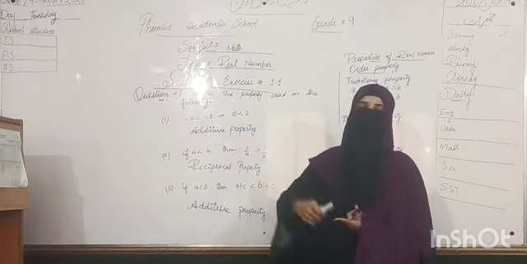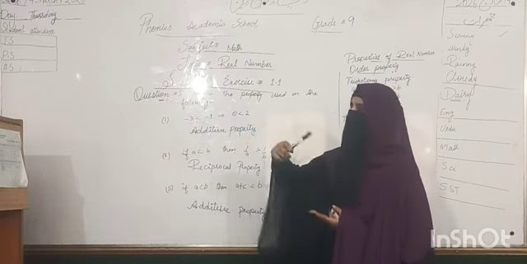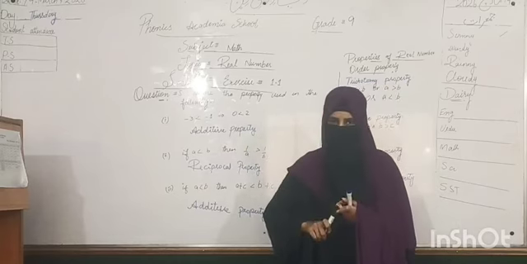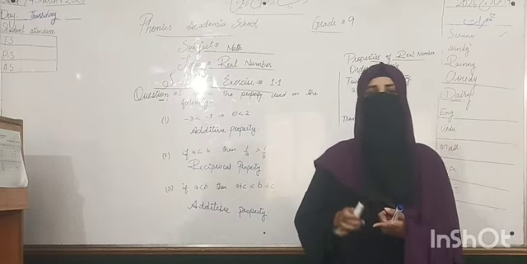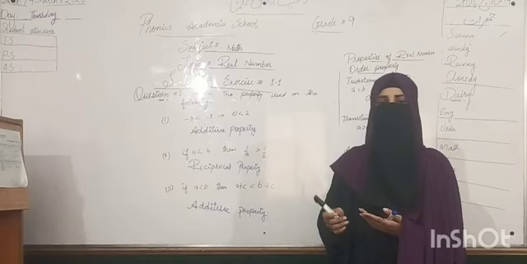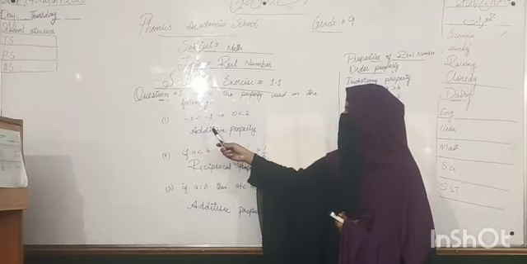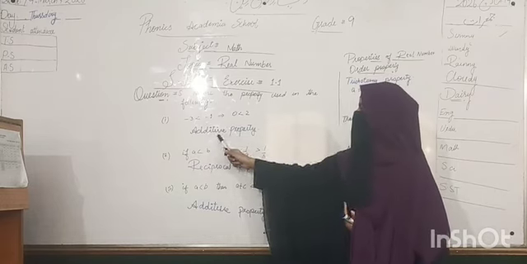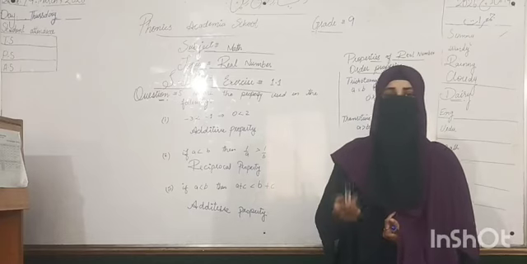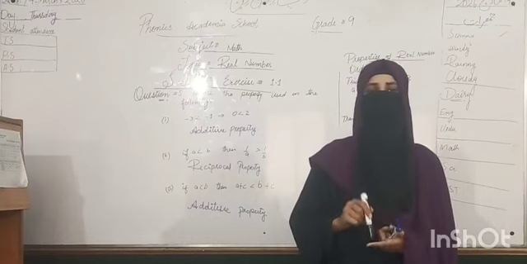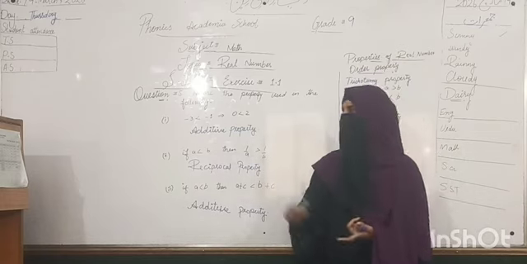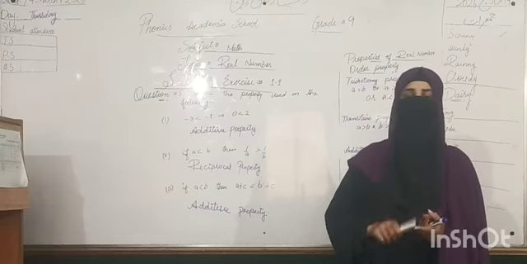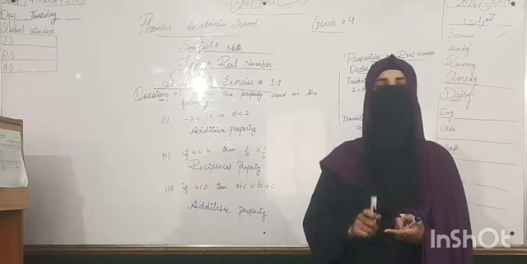Minus plus: when you have a plus sign and the terms are to be added, the additive property is applied. When you have addition in two terms or three terms, like minus plus, and the sign is also plus, we do addition in two terms. It is called the additive property because these two have been added. Additive property means you have added the values. It is also called the addition property, in which you do addition in two terms or three numbers. It depends on your sign, and you have to do only addition.